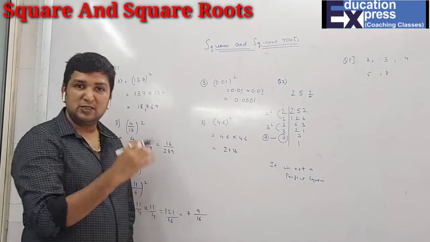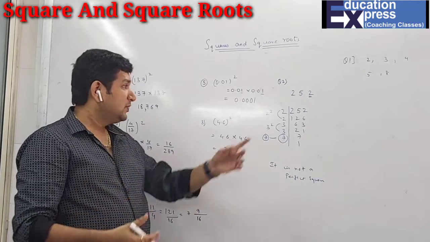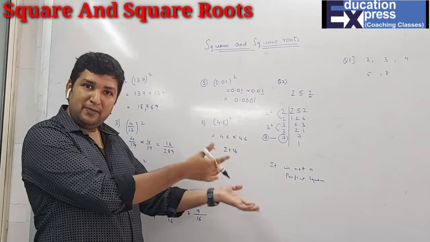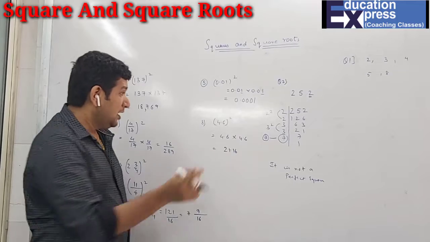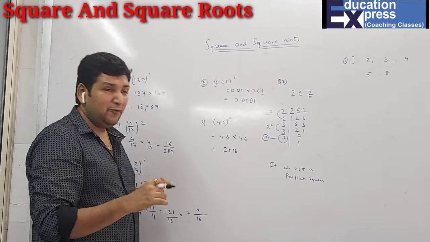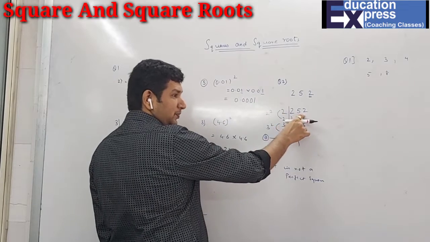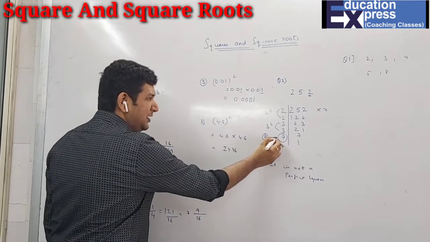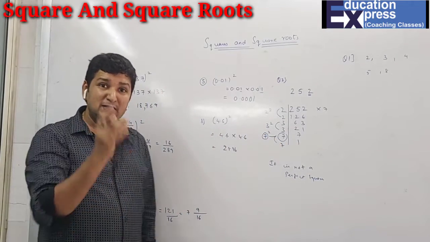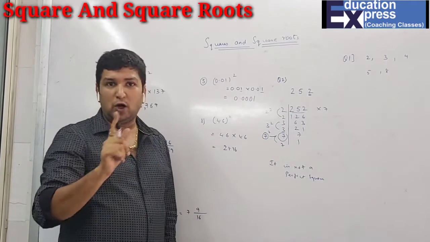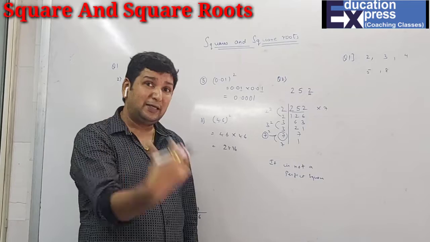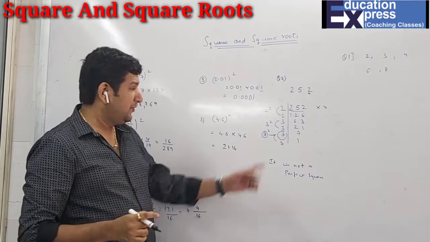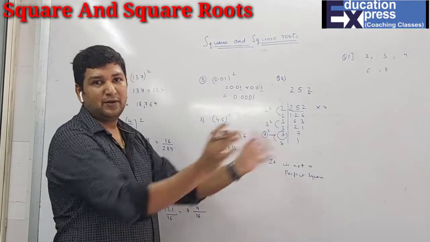Hence, obviously this is not a perfect square, because if it's a perfect square, each and every prime factor will be a square. In case I ask you, can I make this a square? You will say yes, you can. How? If I want to make 7 square, the same number, I multiply by 7, that means one more 7 will come, and now I'll get 7 square also. In question 2 they ask whether it's a perfect square, and it's not. But if they ask what number you can multiply to make it a perfect square, you know only 7 is missing for the 7 square, so you multiply by 7.